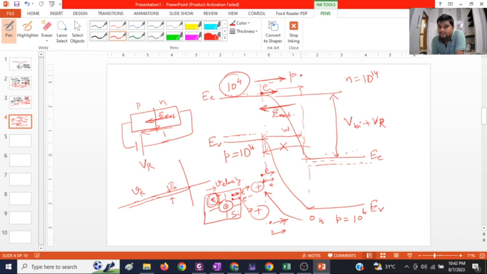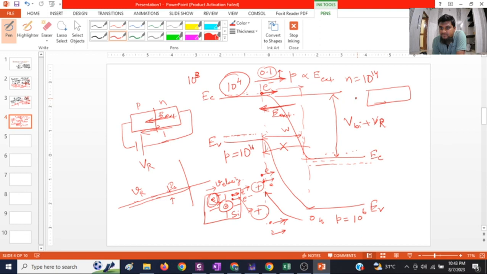Of course, this probability will be proportional to the electric field. As this electric field increases, the probability of ionization will increase. If the probability is 0.1, that means out of 10 to the power 4, there will be 10 to the power 3 electrons that create impact ionization. That's quite a large number. However, when this probability goes close to 1, let's assume after n number of transitions,